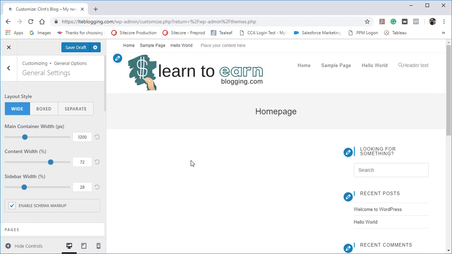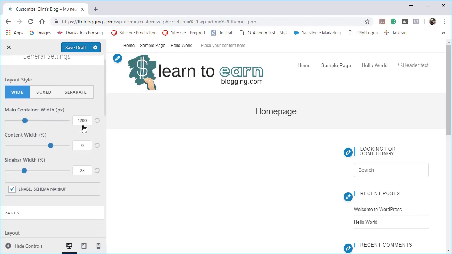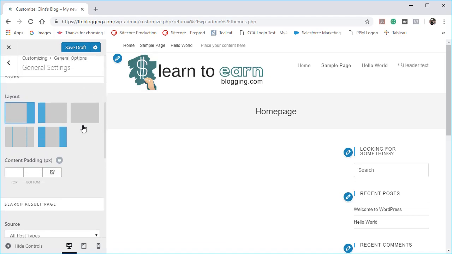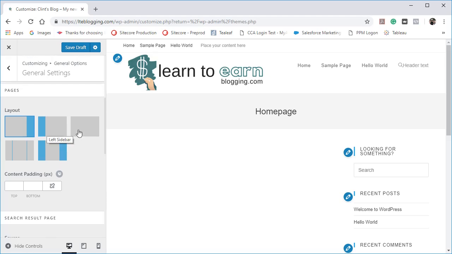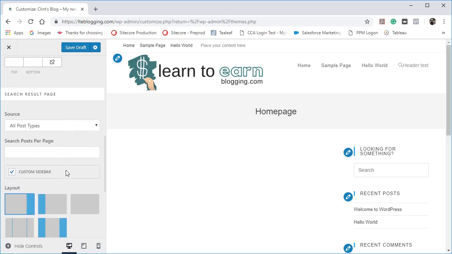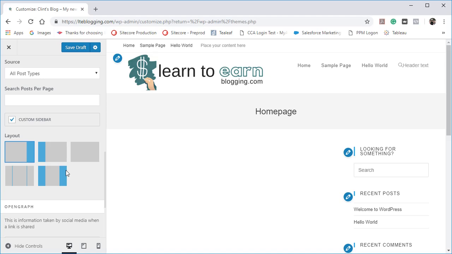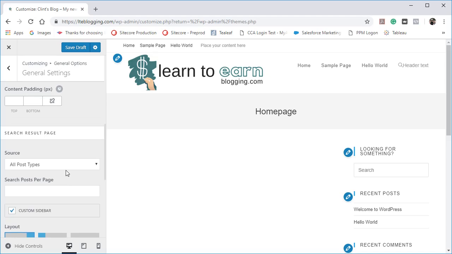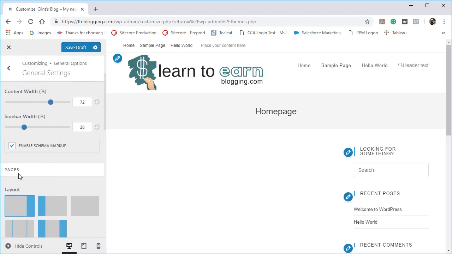Like GeneratePress used full width and contained. This one says wide, boxed, and separate. Those are just the different definition types between themes. Yours may say something else, but generally they all do the same thing. If you want the right sidebar, left sidebar, no sidebar, or double sidebar, you can select that here. Ocean WP gives you quite a bit of customization options here for your search results page, your